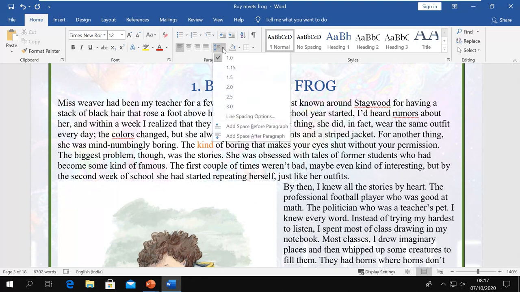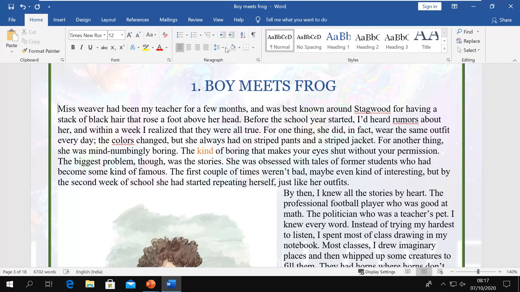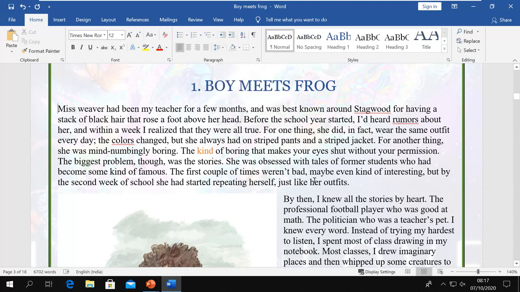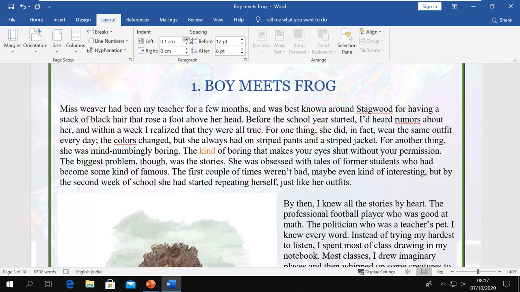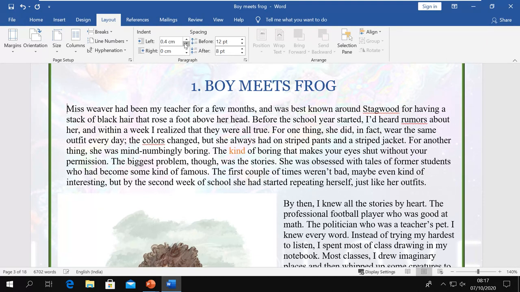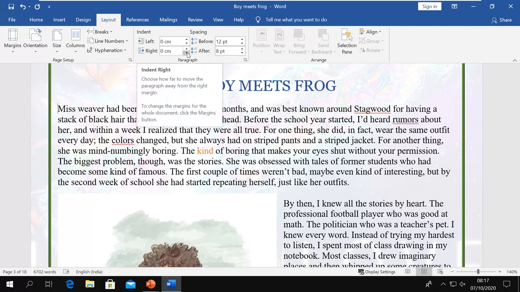I can add it before and after. Now you can see the space, but it is not giving me the option of how many points I want. That you will get from here in the layout tab. You can get how much indent you want. You can increase it one by one from this side or from the right side.